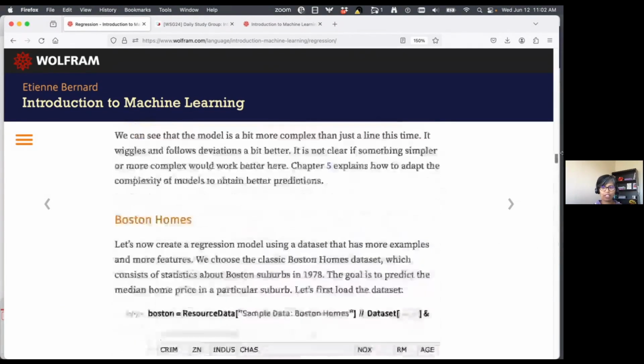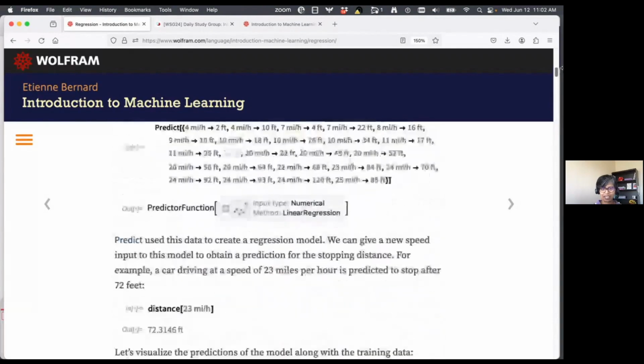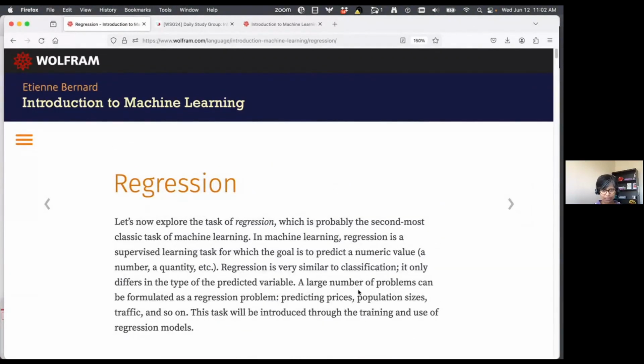I hope so far the series has been helpful. Going through the first few chapters, we started with the basic overview of what machine learning can do and talked about some machine learning paradigms, especially supervised learning, unsupervised learning, and then there was also reinforcement learning. We started with supervised learning because that's the most common form of machine learning you will encounter. Yesterday we covered classification, where you can use a machine learning model to assign labels to a sample based on some training data that you've already seen.